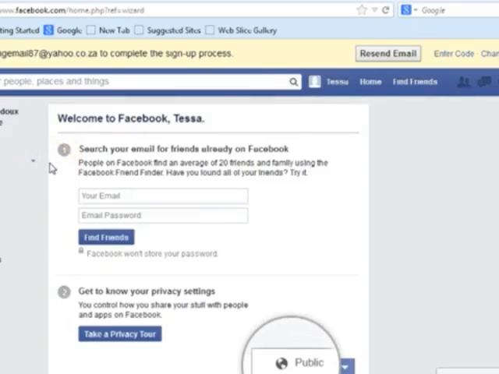You have now created a Facebook profile, but you have to go to your email to complete the sign up process. After you've completed the sign up process, you are allowed to find friends, take a tour, and add anything to your profile.